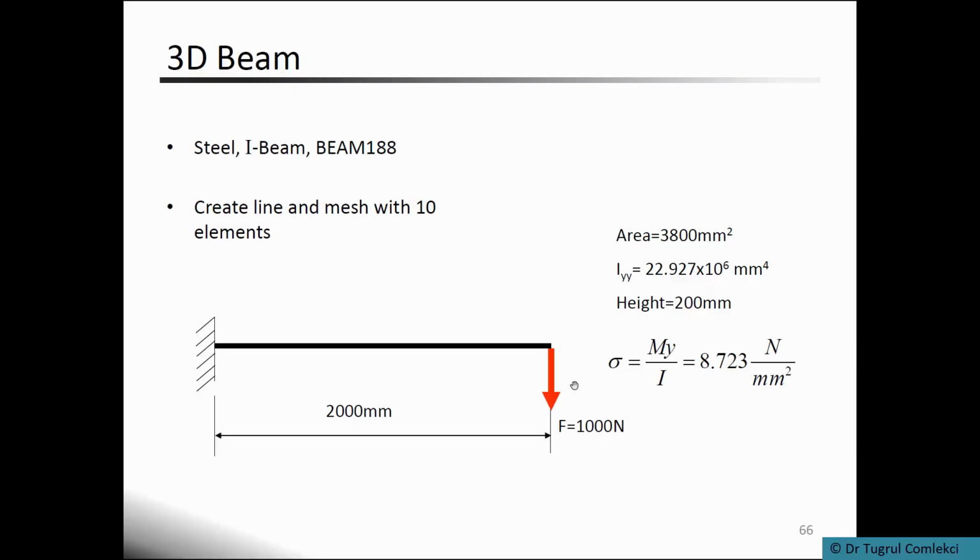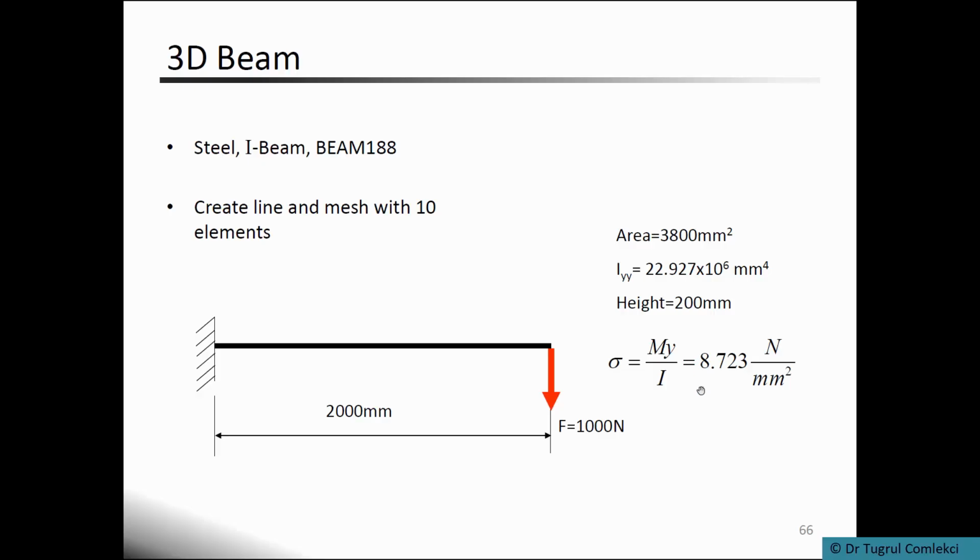So we know that the moment is 1000 newtons times 2000 millimeters, so that's 2 million Newton millimeters, and y is the distance from the neutral axis of the beam to the extreme fiber. So in this case it is half the height, 100 millimeters,